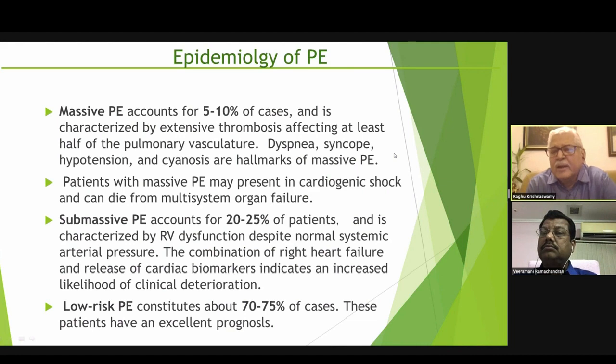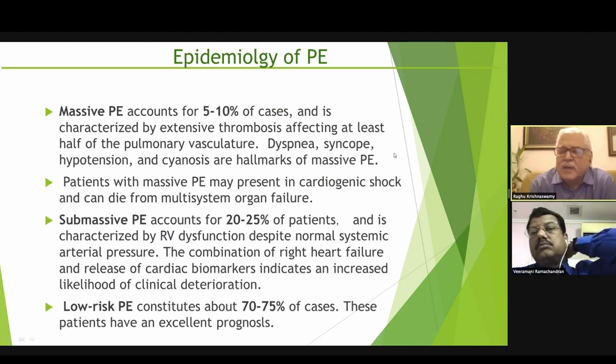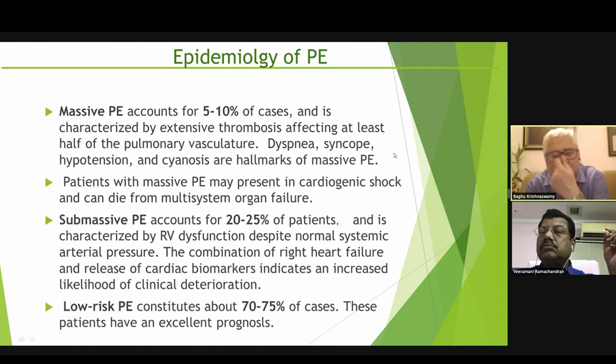So the exact reason for the McConnell sign is not very clear. Like I said, it's seen only in 20%. In the vast majority of patients, it's more the entire RV free wall which is hypokinetic. The value of McConnell sign is that it is supposed to be very specific, but there are caveats even for this. It can be seen in other conditions like COPD or severe pulmonary hypertension. Any condition which produces severe pulmonary hypertension.